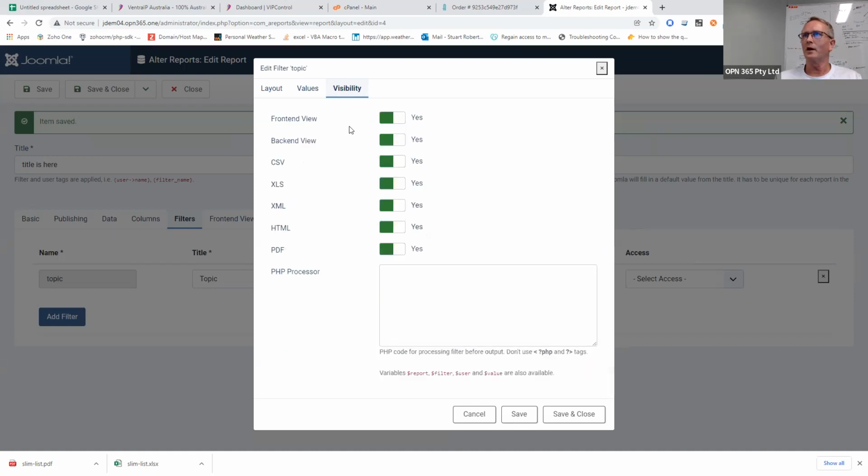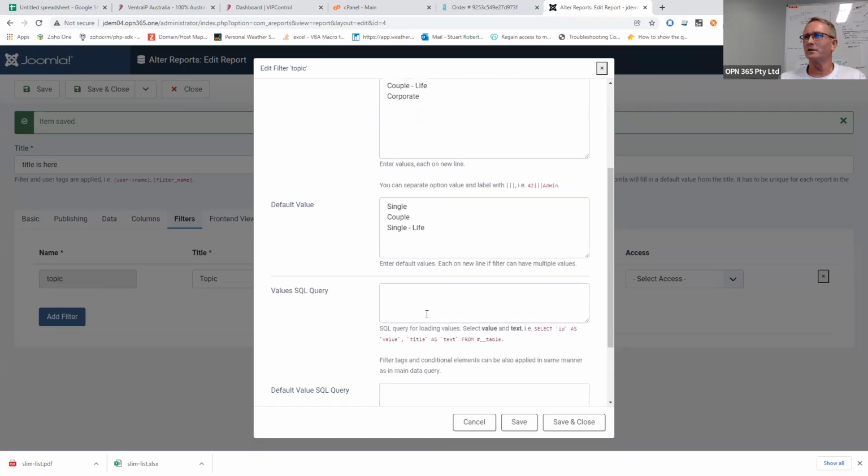So again, we can say where it's going to be visible, front end, back end, on export, and what have you. And I haven't used this, but I understand that you can put some quite smart filters at this level with PHP filtering or PHP syntax filtering, and it inserts it as it generates the query. There's also some MySQL equivalents in the system as well. So if we just basically save and close that,